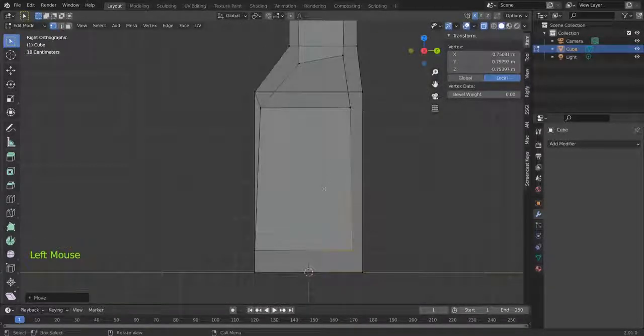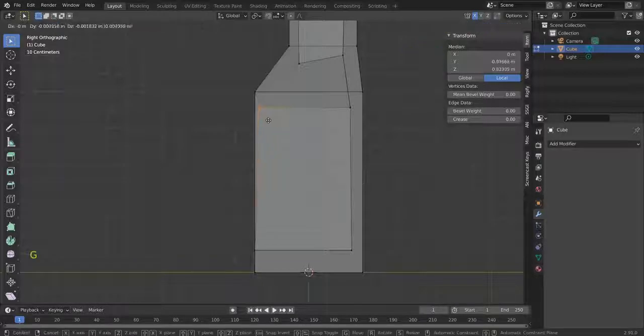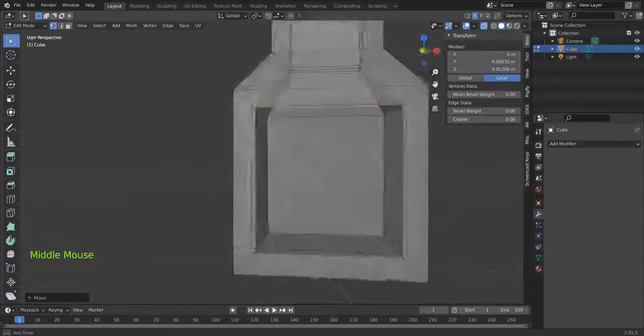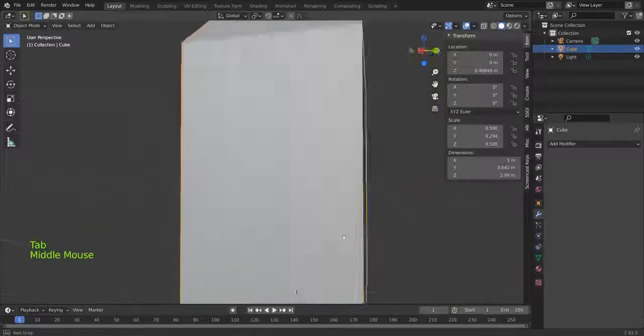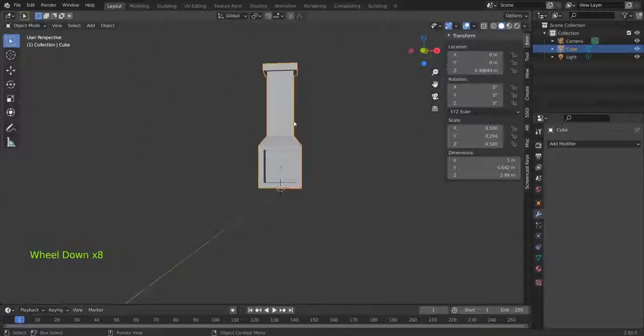Okay, so let's see it from the side and try to do the same here. Select this guy and G and like this. Okay, I think this looks nice. Yeah, this is nice. So we have our basic